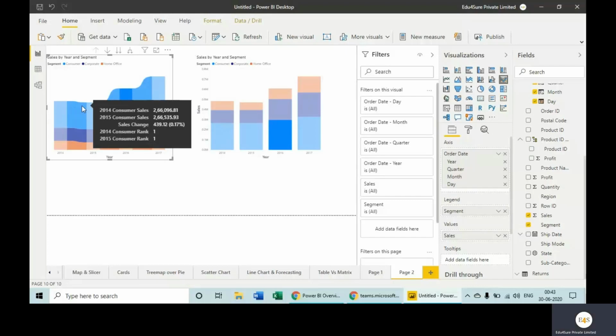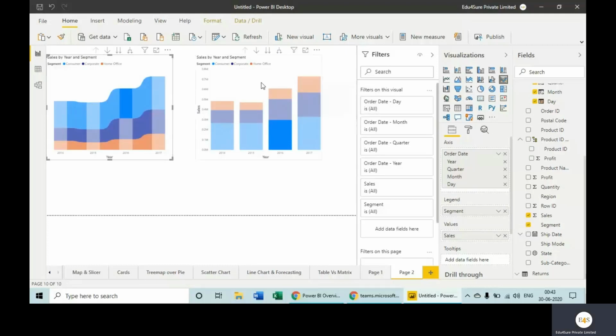So whenever you want this kind of analysis, this kind of information, instead of the stacked column chart, use the ribbon chart. These kinds of examples are going to give you the insight into which kind of visual is fit for which kind of analysis, which kind of data.